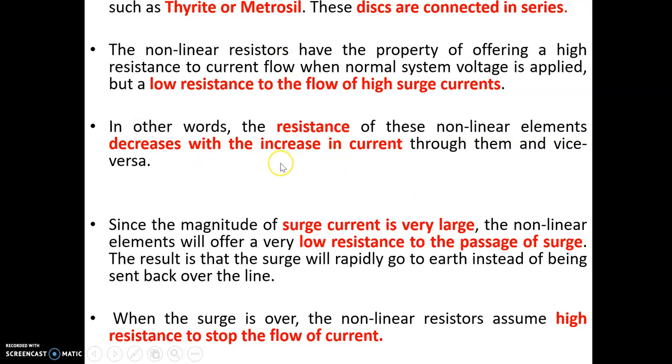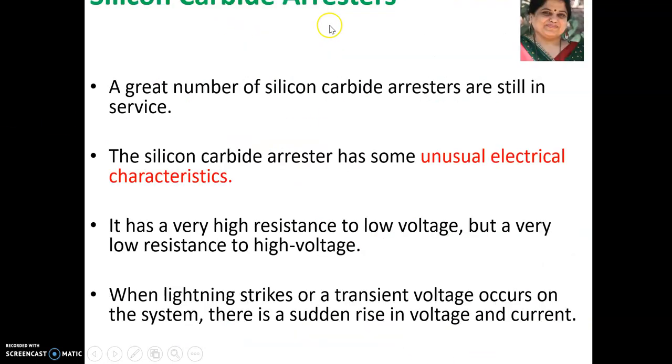These details I already told you from the figure. So you can see the difference between thyrite type arrestors and ZnO arrestors or silicon carbide arrestors. Now this can be made up of silicon carbide because it has unusual electrical characteristics, because when you say nonlinear resistance, the characteristics should be unusual, meaning nonlinear: at high voltage, very little resistance, and when voltage is low, resistance should be very high.